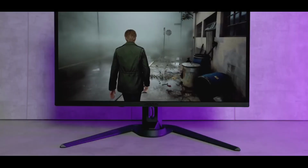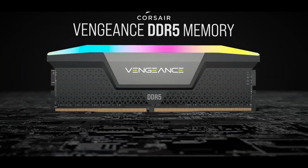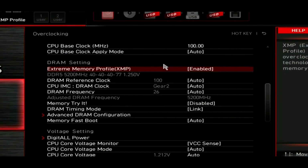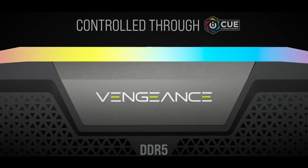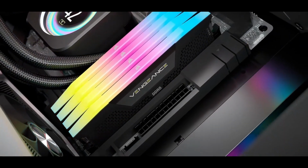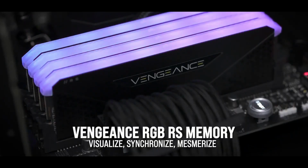That's beneficial, particularly for gaming when every millisecond counts. Now, this RAM is optimized for Intel setups, but it still works with AMD. You might just need to do a bit of manual tweaking to get the best performance on non-Intel boards. When it comes to looks, the Vengeance DDR5 doesn't disappoint. It's got a sleek design, and you can customize the RGB lighting to match your setup and show off in